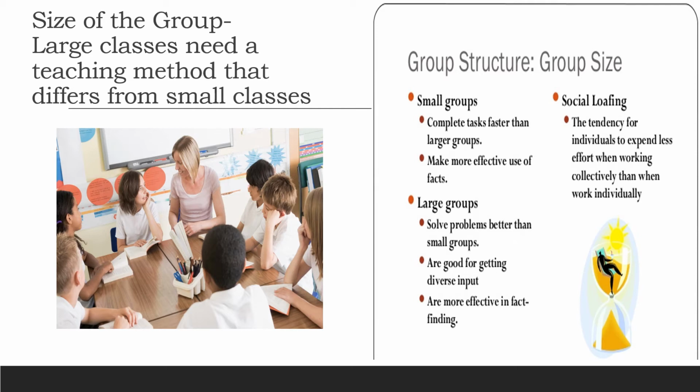So let me give you a scenario based example. Let's say that I'm teaching a tragedy by Shakespeare, let's say Hamlet. So which method would be more appropriate as per the size of the class? Because I have a class of, let's say, 20 students. In this scenario, using a total physical response method will be totally irrelevant. So what can be a better choice? I can use the audio-lingual teaching method, because in this method audio visual aids are used, and the focus is on pronunciation as well, and drills are used to teach structural patterns.